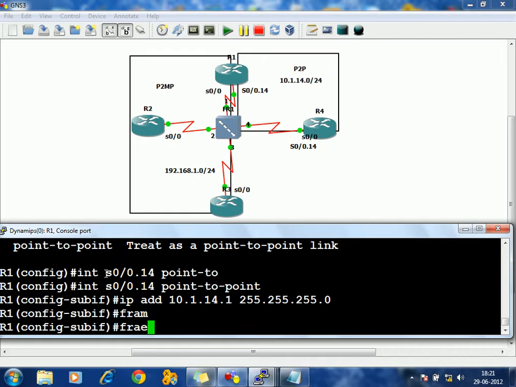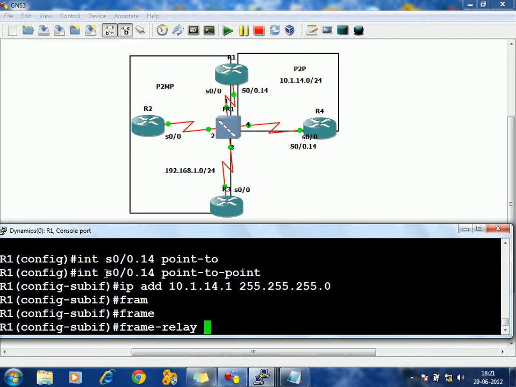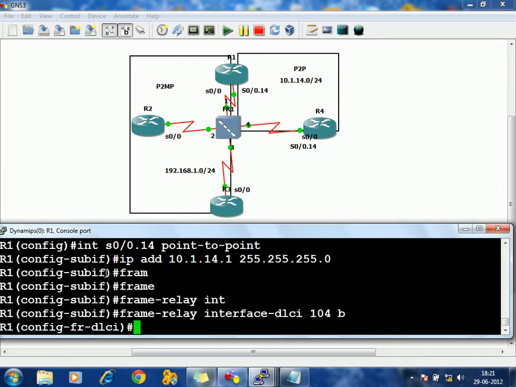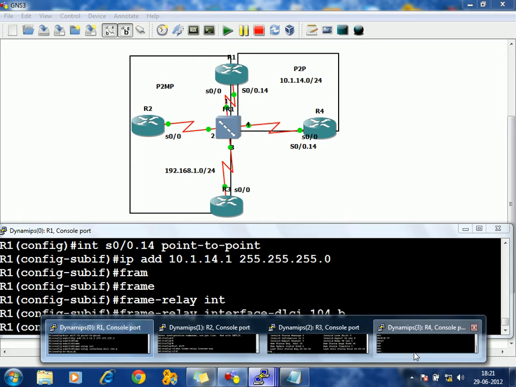So here, what is the command for point to point? Frame relay. Do I want to give a map or what? I don't want to give any mapping in point to point. I just want to give the interface DLCI. This is router 1, so I will use 104 broadcast. Will the same be available in R4? If I go to R4,